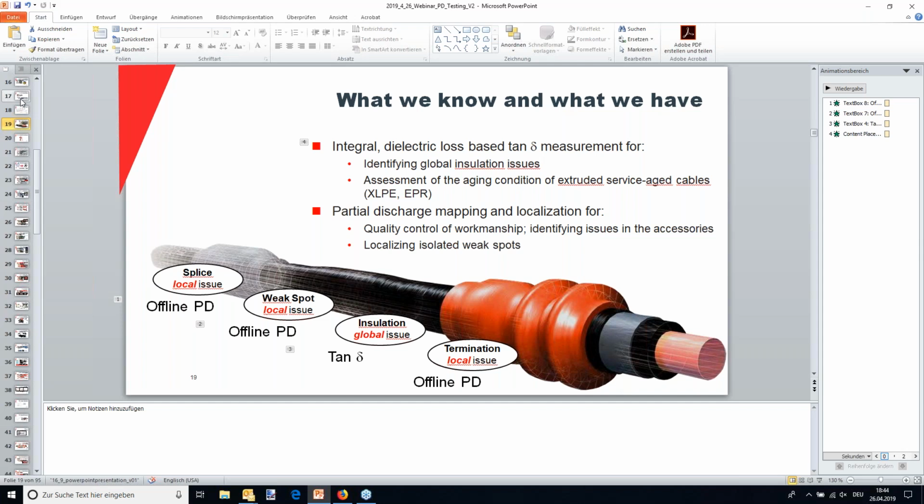Is there an end, a maximum? Yes, there is, but that also depends on the cable construction, because remember, it's TDR-like localization. So if you have a cable with a high attenuation, the typical pulse doesn't go very far. So then what you have to do is calibrate with higher pulses. So instead of calibrating typically with 1 nanocoulomb, that's 1,000 pico,